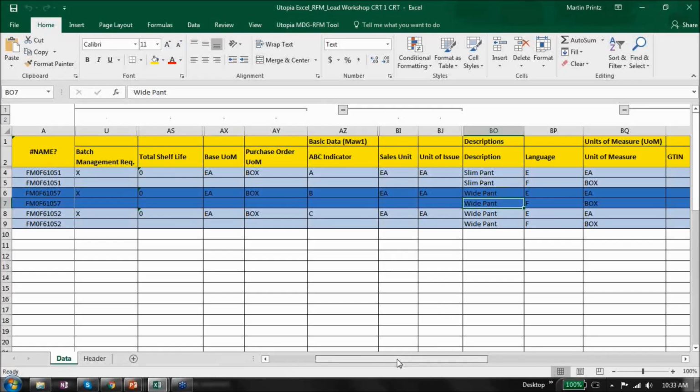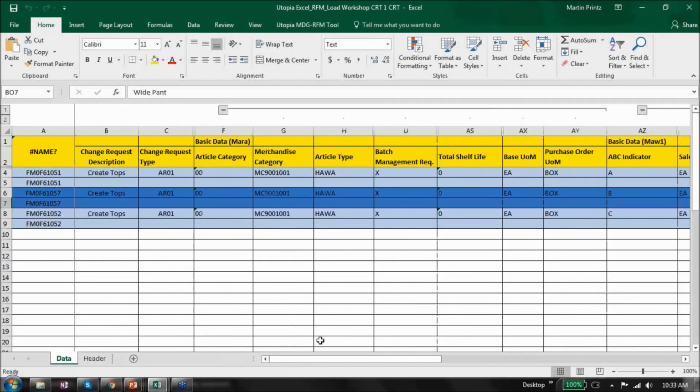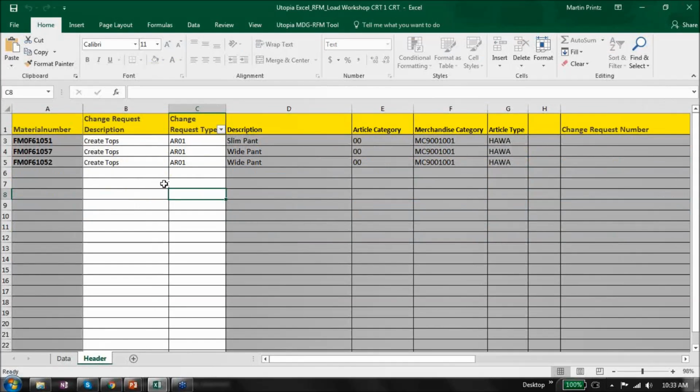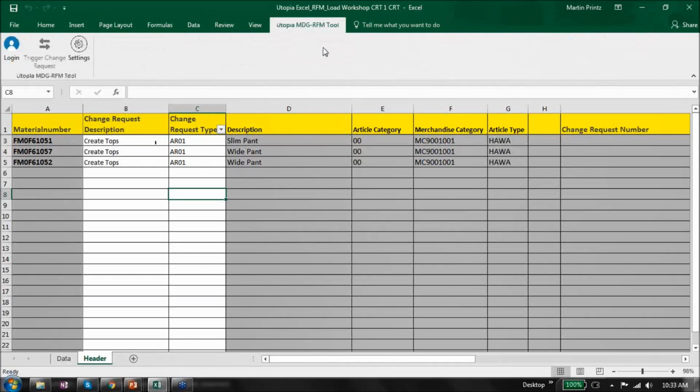I could also be, for example, if I had 3 different distribution chains, I would then just have 3 different distribution sales organizations, and now instead of 2 I would have 3, and the system would create the different sales views in the background as we create the article. The header data has a summarization of data, and then it will generate the change request numbers, and you will see that in a little bit how that is working.